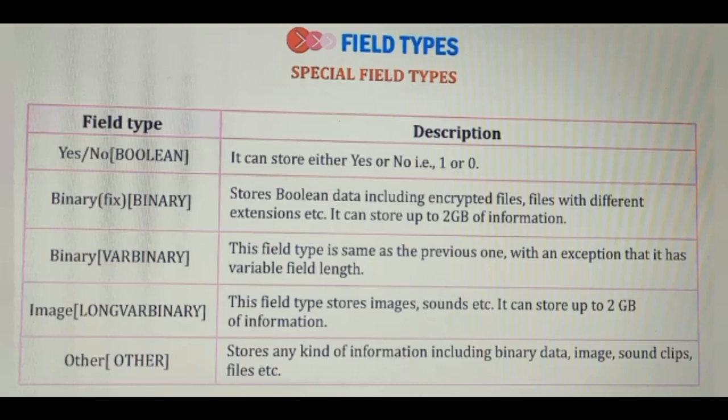What is a table? A table is actually an object in a database that contains all the information, right? It is made up of rows and columns. Rows are known as records and columns are known as fields. And when a row and a column intersect, it becomes a cell, right? So we store most of our data in a table, right?